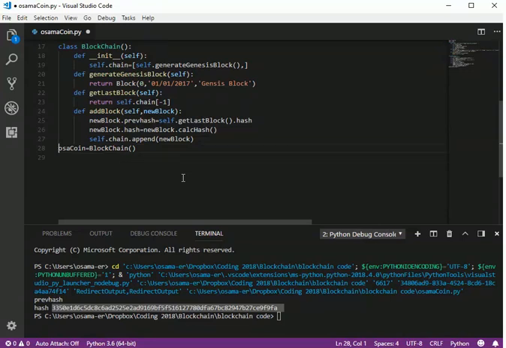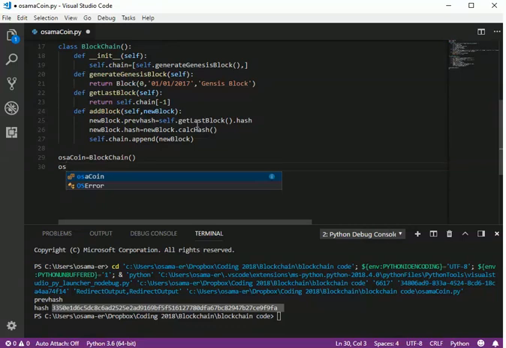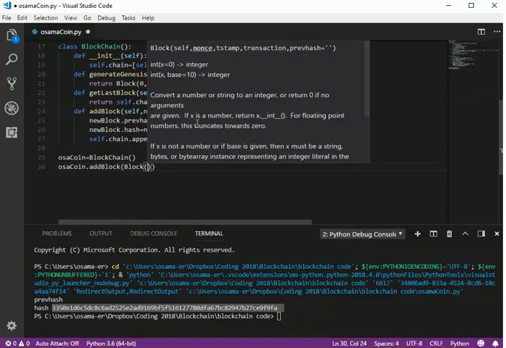We defined an object. This is the coin itself. So we defined an object, the chain, and we can add some blocks to it. We can call add block, and we pass a block with new values like timestamp,